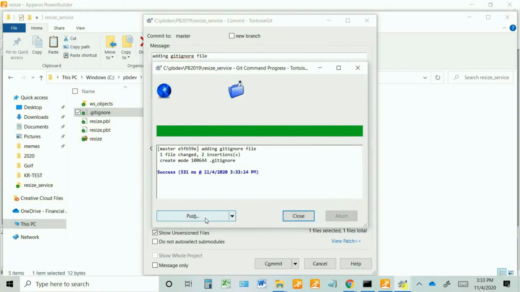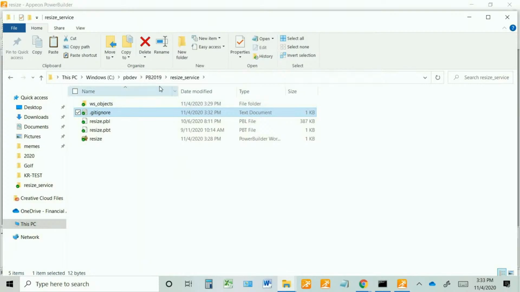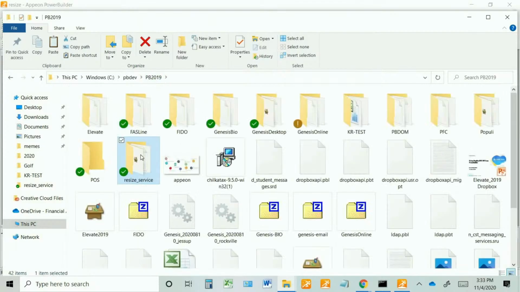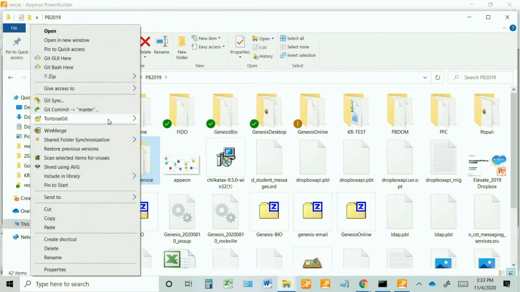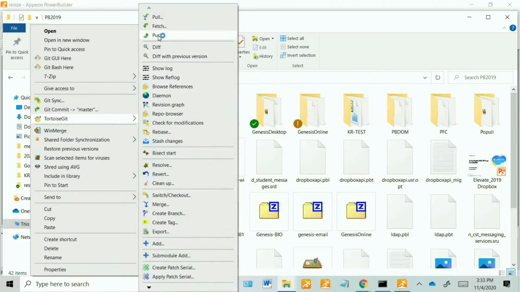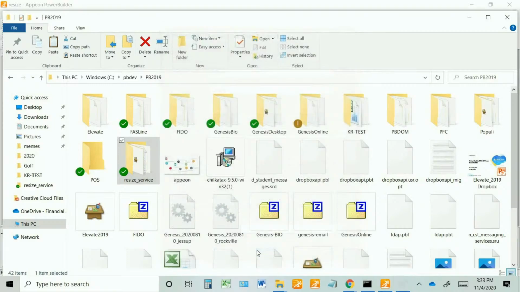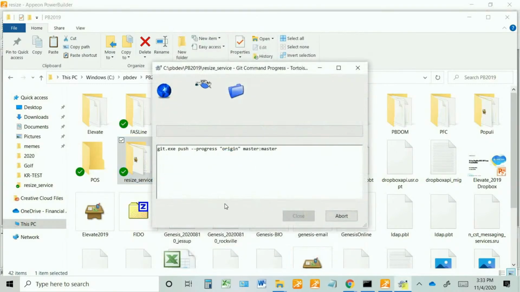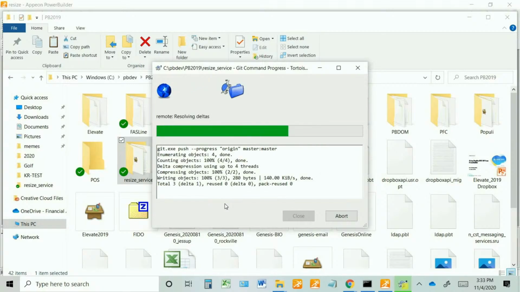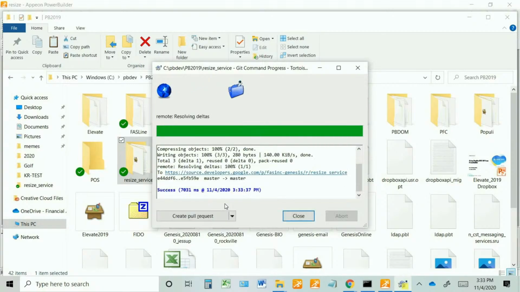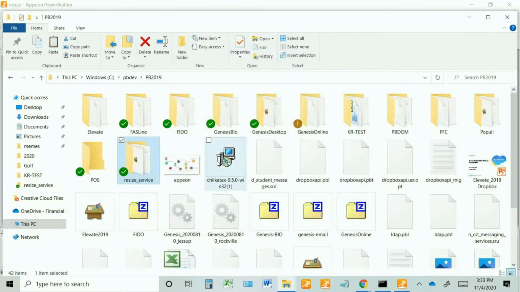And you have two options. You can push right from here, or you can close, go back here, and do push. Go master to master again. And there we go. So one difference between version R2 and R3, I should say, is if you